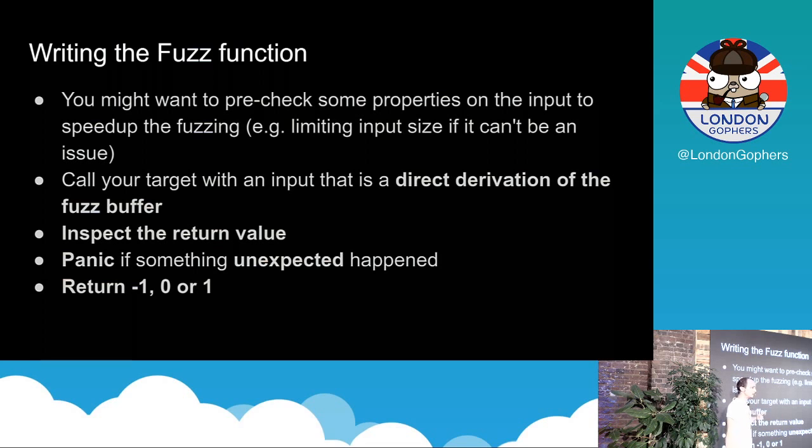You need to inspect the return value of your function. I mean, you can fuzz at random, just throw data at a parser, and if it panics, you found a bug. Good. Nice. But maybe it just never panics, but it gives you random data in output, or broken data. You don't just throw random input in your function, you should validate some invariants. And then in go-fuzz is one of the few use cases in which I'm allowed to panic as much as I want, which is nice. So every time something unexpected happens, you should panic. That's what tells go-fuzz something wrong happened. And if you don't panic, you have to return an integer, which is one of these 3 values.